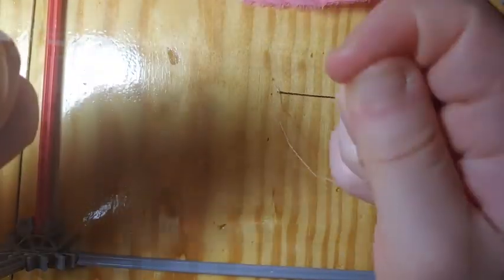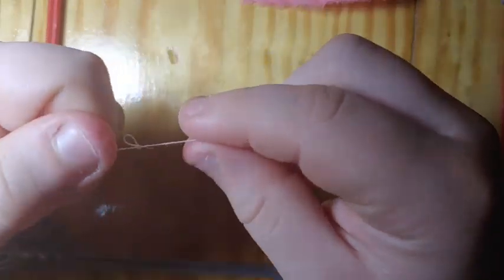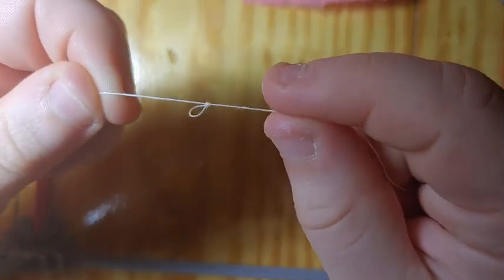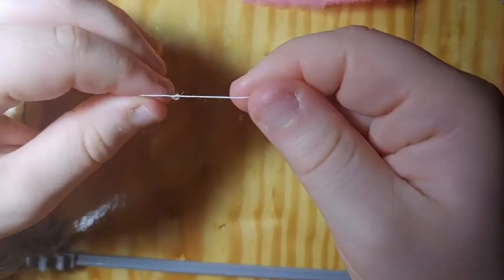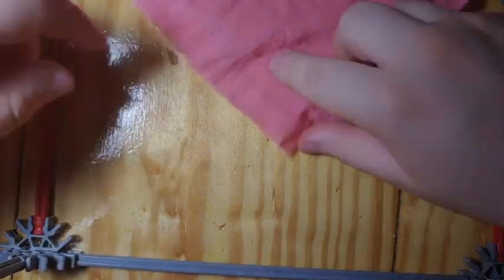Next, we want to tie the end of the needle, which I accidentally just did. Okay, that could work. Okay, so now we're going to